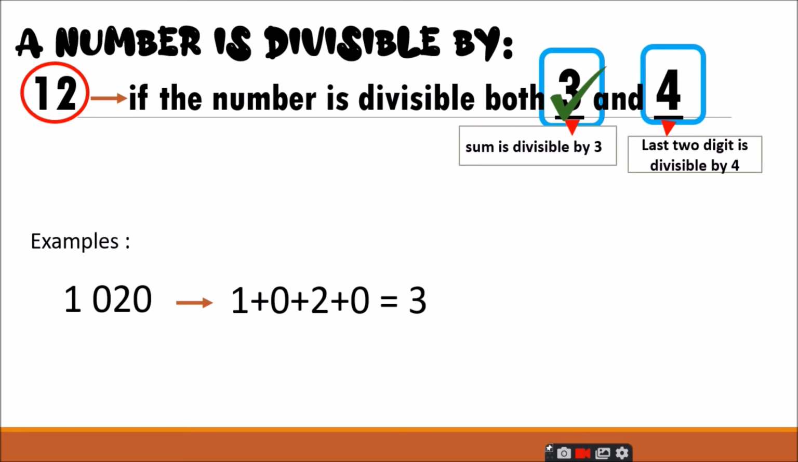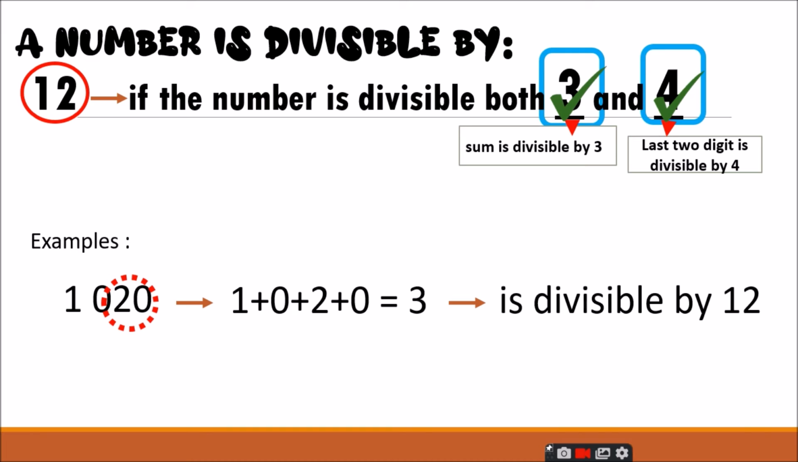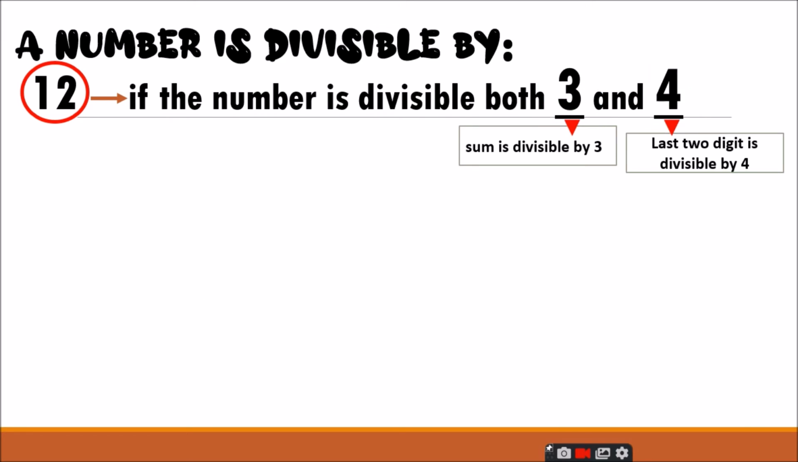Next one is, let's check if this number is divisible by 4. So let's look at the last two digits. It's 20. So 20 divided by 4 is 5. So we can say that this number is divisible by 4. So 1020 is divisible by 12. Another example,